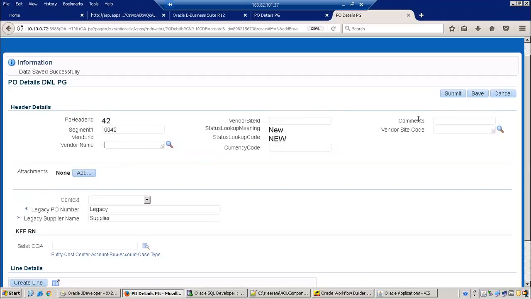But let us say when you have multiple errors, you can't raise exceptions one by one. We have to raise a set of exceptions at a time. Assume that I want three parameters, vendor name, vendor site, as well as currency, to be mandatory. But I don't want to use a form validation logic, I want to raise an exception. So let us understand how we do that.